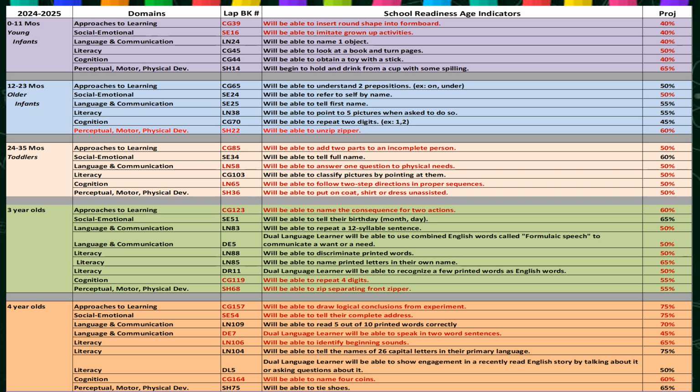Here in this slideshow, we will have the school readiness goals for this current school year, 2024-2025. So depending on the age group that you are placed with, that's the school readiness goal that you're going to be following. Starting with 0 to 11 months, young infants, 12 to 23 months, the older infants, 24 to 35 months, toddlers,